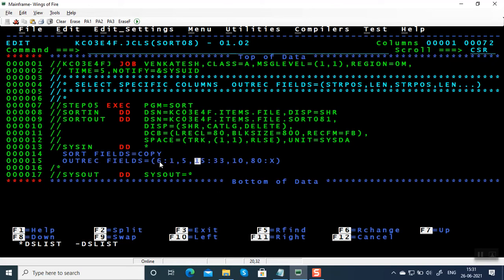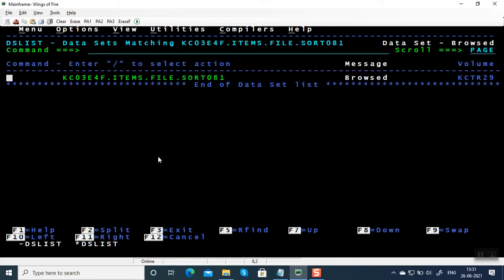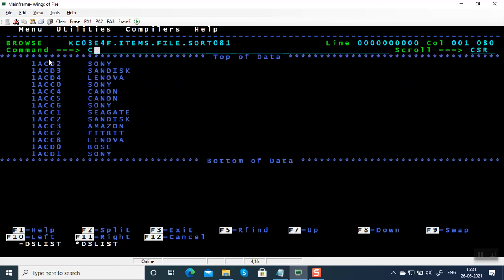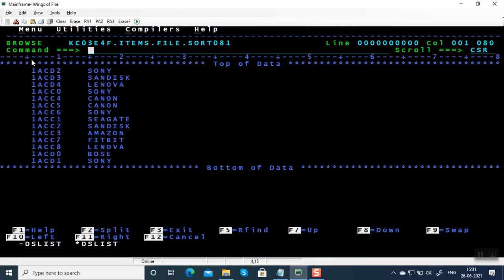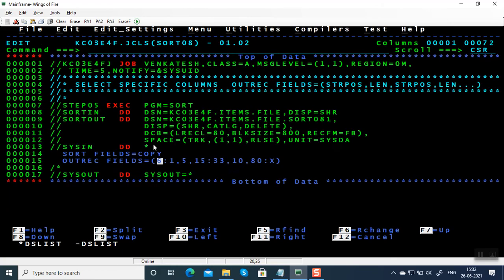If it is column 6, it goes till column 10, so the item number in the output file will be from 6 to 10, whereas brand name is from 15 till 24. Between these, we haven't given any X, we haven't given 4X, but what happened? Instead, it automatically padded with a space.